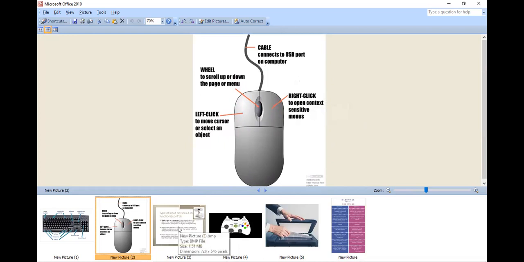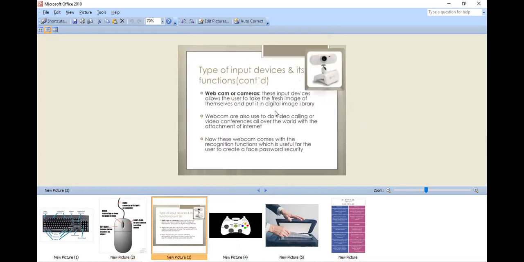Then the next part, that is the next input device, the web camera. You can see this is a web camera. I will switch on this web camera now, and you can see my video is currently going on.